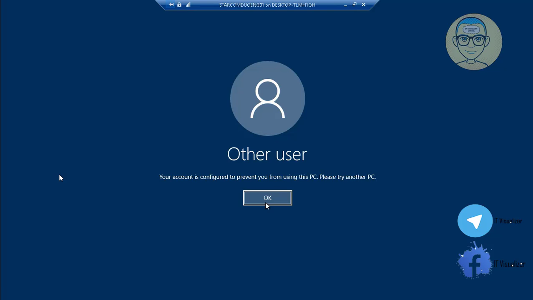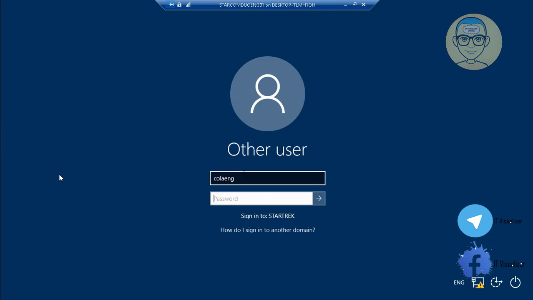It is called Workstation Login Restriction. So you can restrict certain users to access certain PCs. Okay,